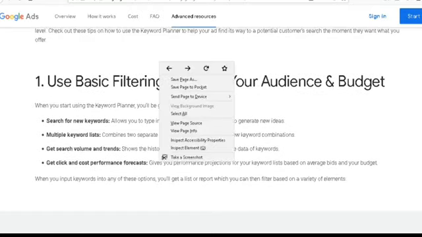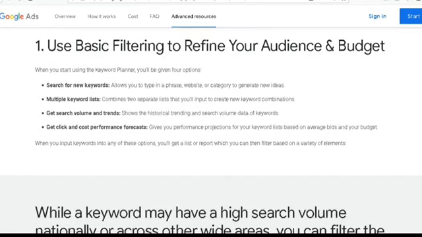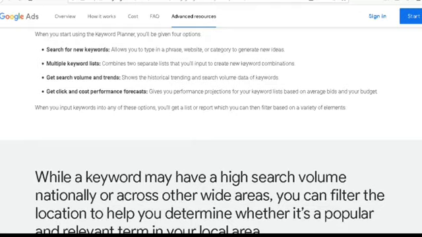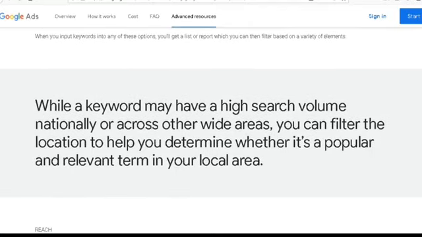Get search volume and trends shows the historical, trending and search volume data of keywords. Get click and cost performance forecasts gives you performance projections for your keyword list based on average bid and your budget. When you input keywords